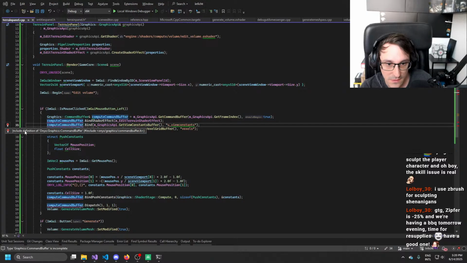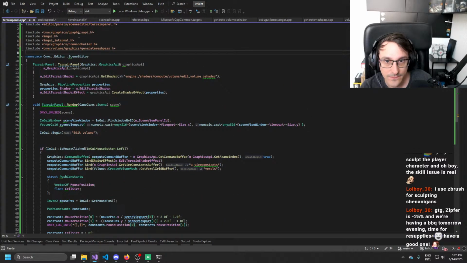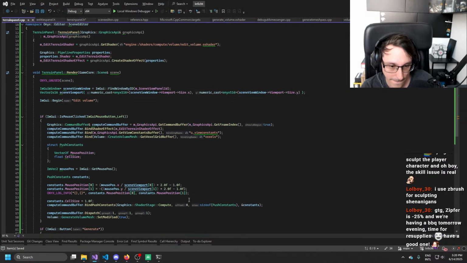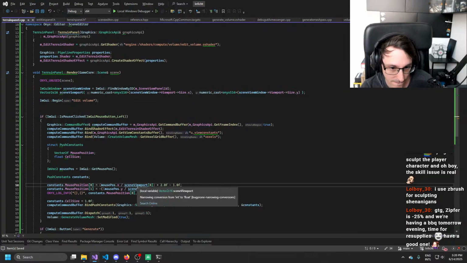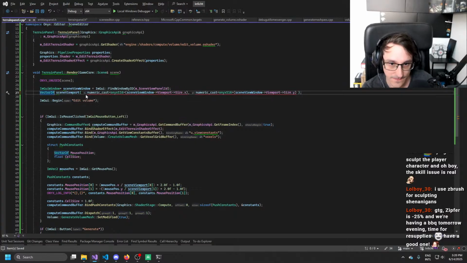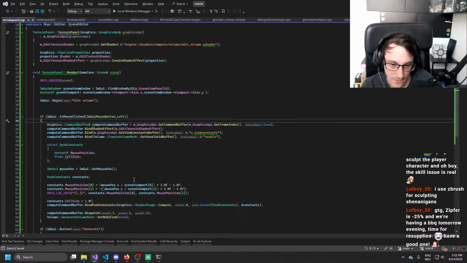Alright, and then this includes the command buffer. I mean, okay, we can do N2F, who cares? It's okay. Even though that mouse position can never be... Ah, no, this one is float, right? Yeah. Then